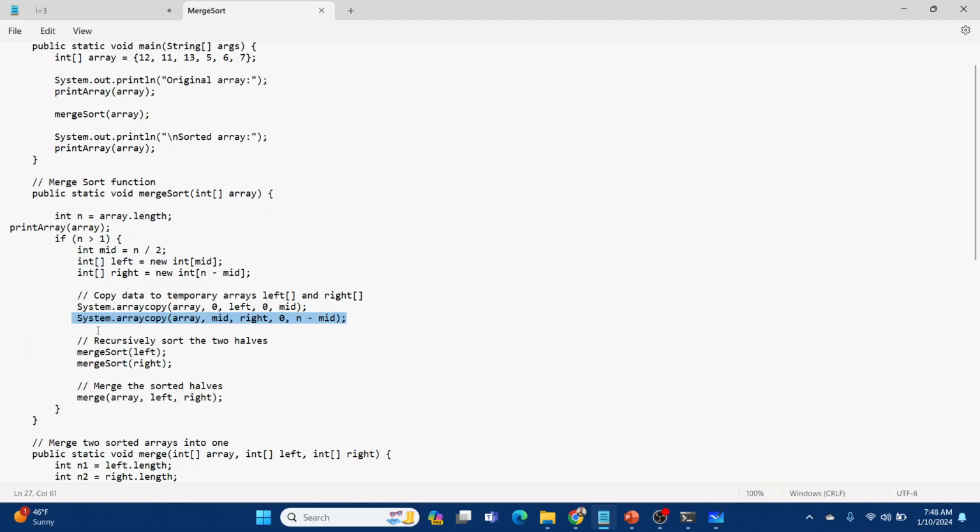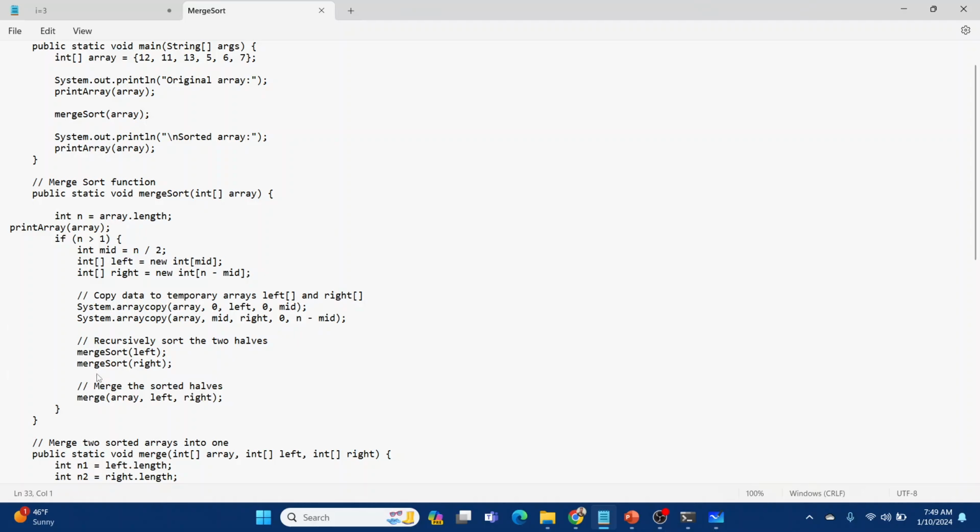Now we do the recursive calling. We call this same method with the left part, then with the right part, right? So the same recursion will happen every time. The left part is divided into left and right, then again they are called for left and right, until every sub array reaches size 1. This condition breaks only when n is equal to 1, so in each sub array there will be one element only. Till then it keeps recursively dividing the array into smaller pieces.